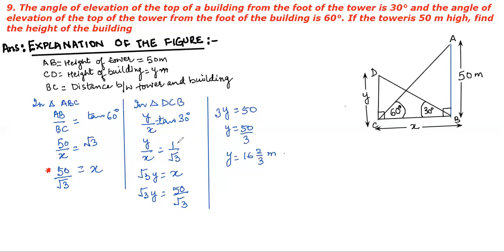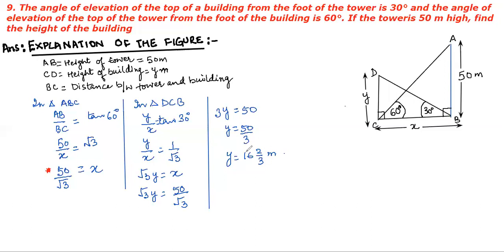The value of tan 30 degree is 1 by square root 3. So that means square root 3y is equal to x. Square root 3y is equal to, put the value of x here. So this is 50 root 3. And then when you take this square root 3 this side, it will become 3y is equal to 50, and therefore y is equal to 50 upon 3, and therefore you are able to see that square root 3 is no more there in the answer.